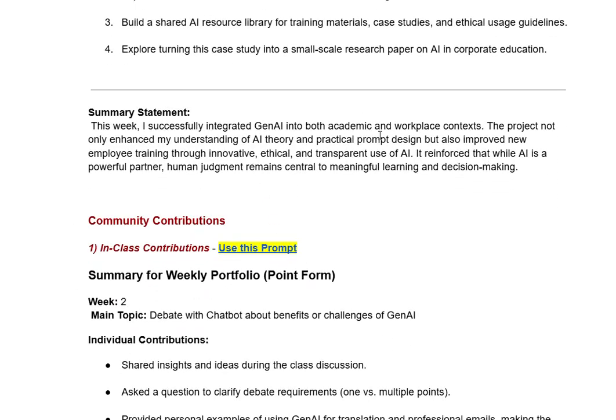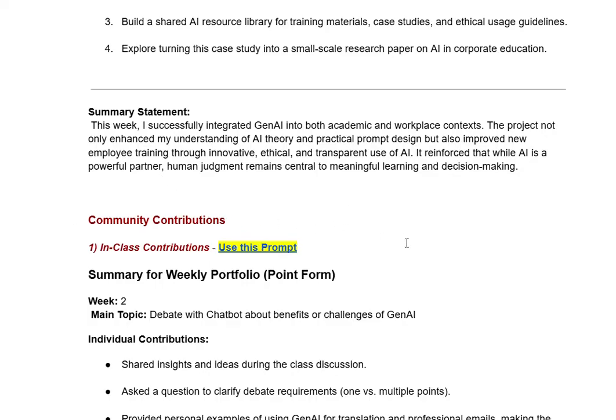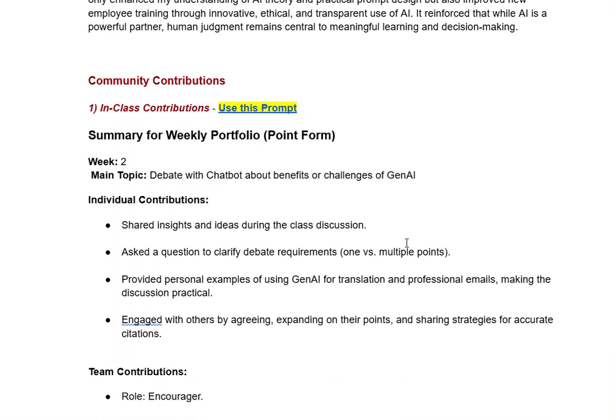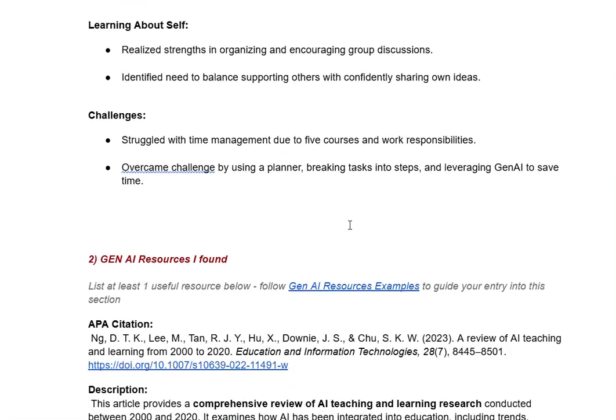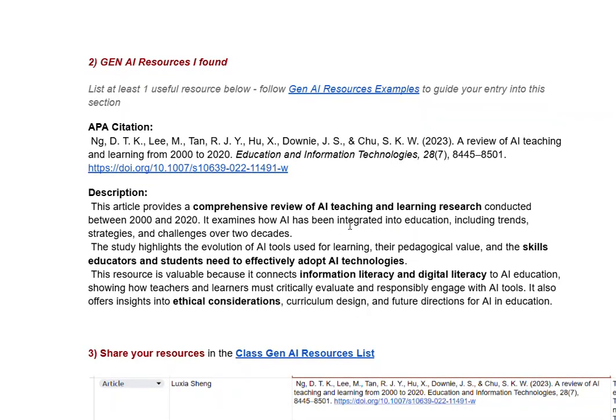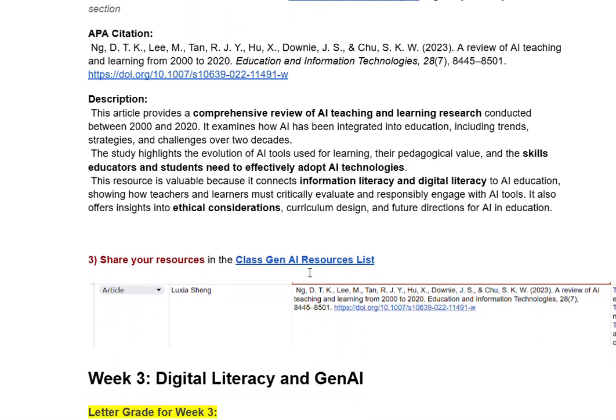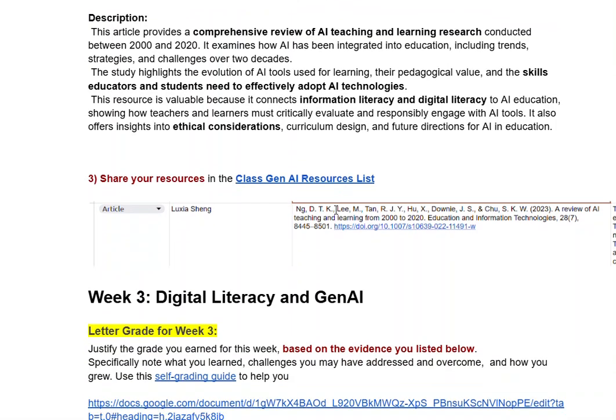This week is something in the academic workplace project. Okay, so I need the link to your project, the output, what happened. Okay, so I'm convinced you used it. And then you have a good summary of your in-class contributions. And then you've got some very good articles here. And then I guess you're reviewing a resource, so that's kind of cool.